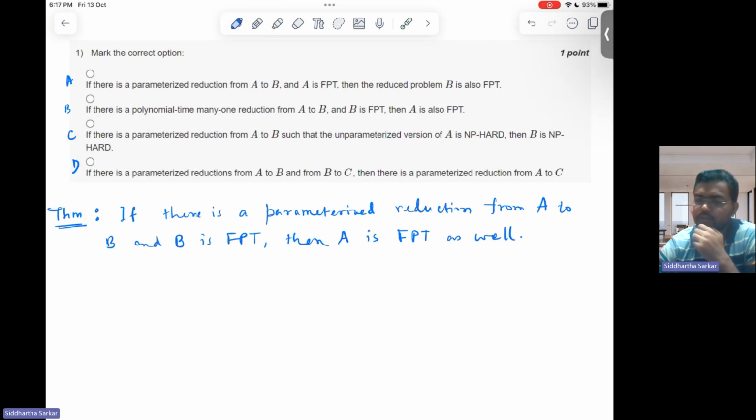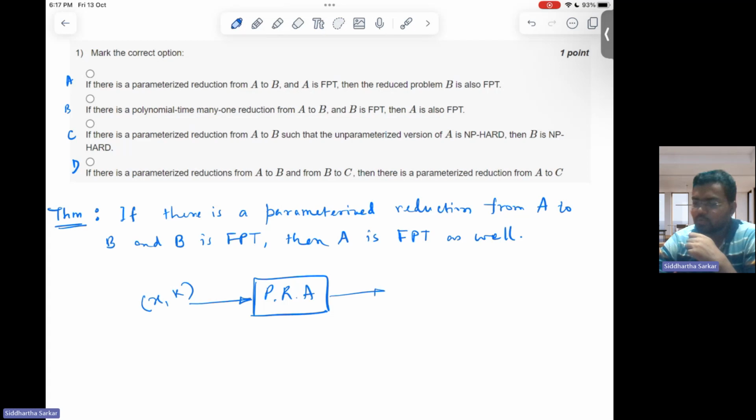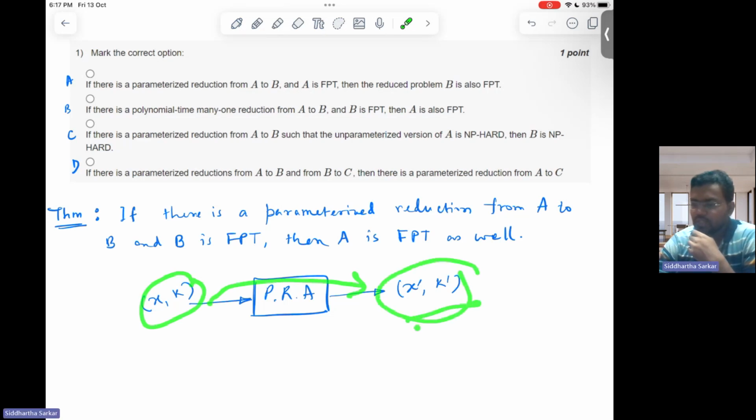So let me just redraw this schematic. So this is the reduction algorithm, parameterized reduction algorithm. So here is an instance of A, and it outputs an instance of B, and A is known to be FPT. So you can convert A to B, but whether B becomes FPT or B is FPT, that is not guaranteed,